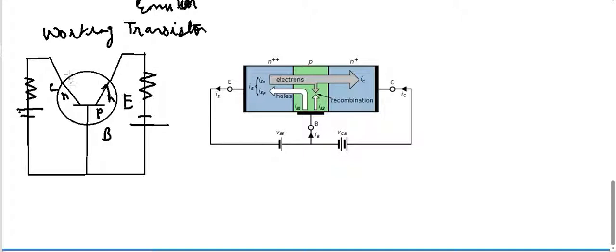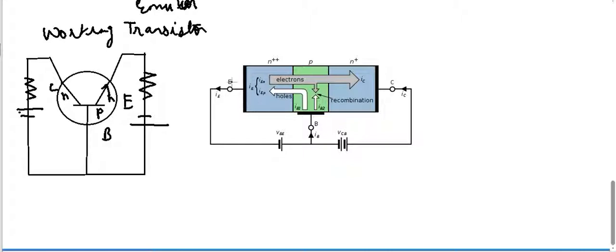And if we consider the collector-base junction, the collector, which is the N, is connected to the positive terminal of the battery. So this is a reverse bias. Now when I connect it like this, this emitter N is called N because it has extra electrons. So this emitter will push these electrons. Okay, let us go to this figure, it will be easier to understand.